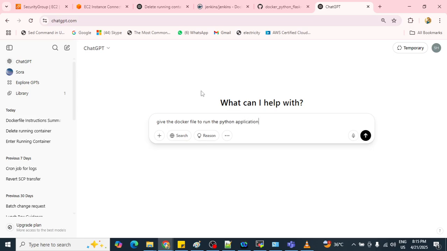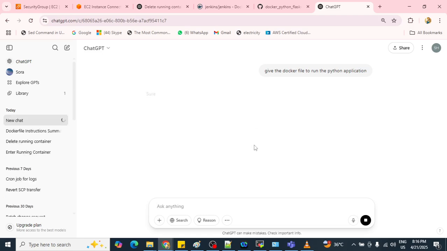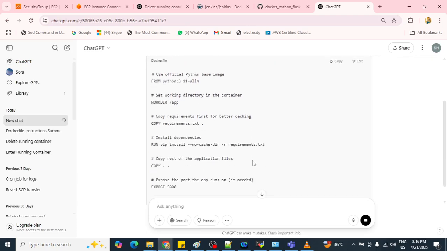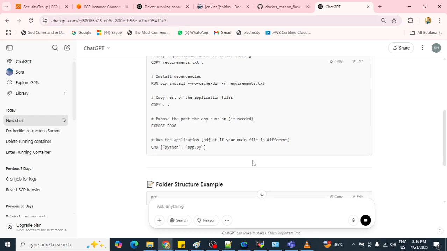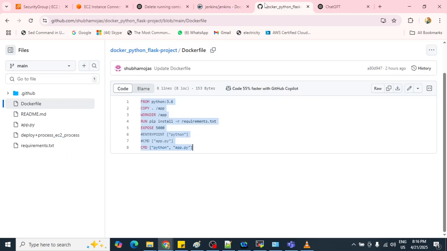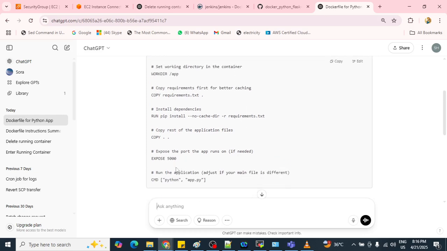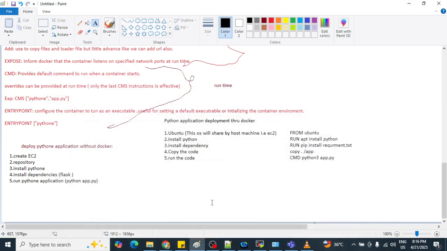Let's see what code it gives. Those things we have already copied here. The same code it is giving here. It mentions exposing port 5000, but that is not required. So let's copy this and paste it here.